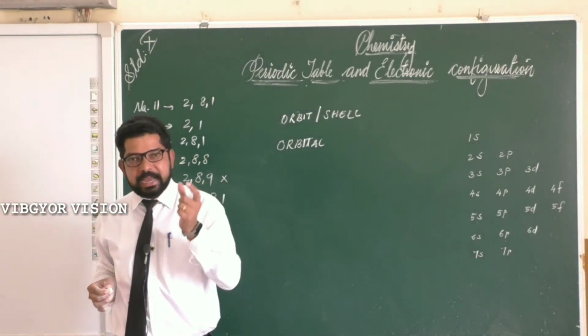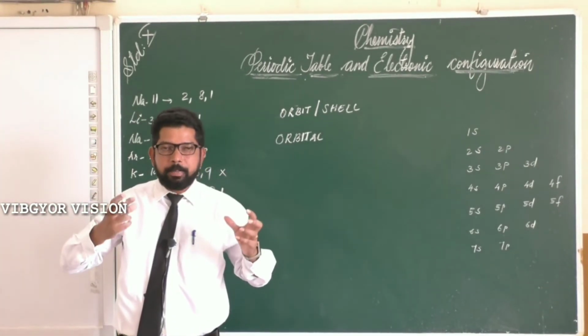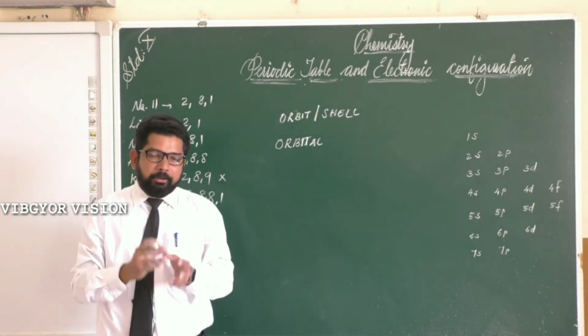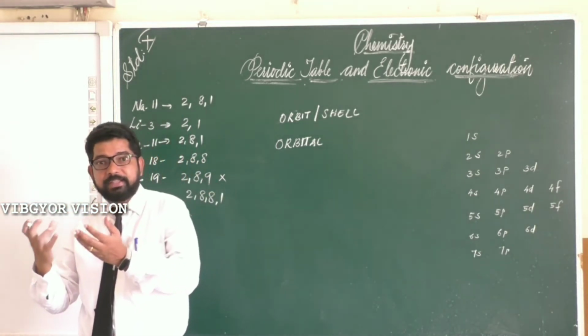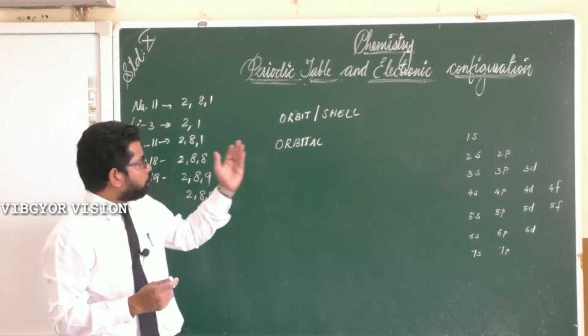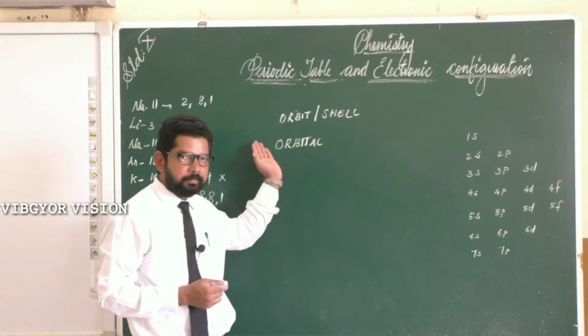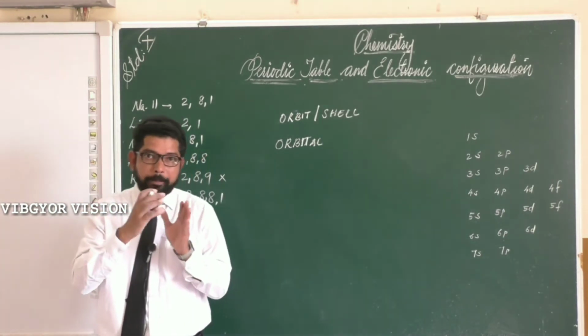Orbital is the region around the nucleus where there is maximum probability of finding an electron. Where there is the highest probability or highest chance to find the electron, that area is known as orbital. In that area, electrons are present. We said that in each orbit there will be